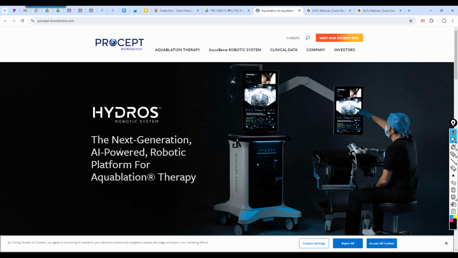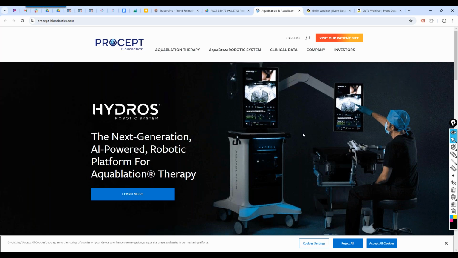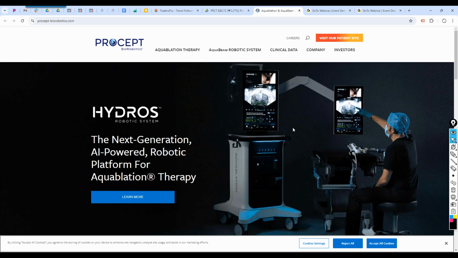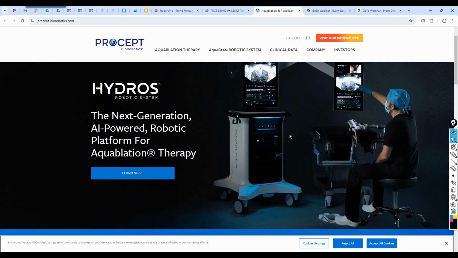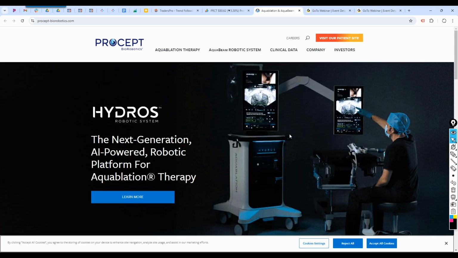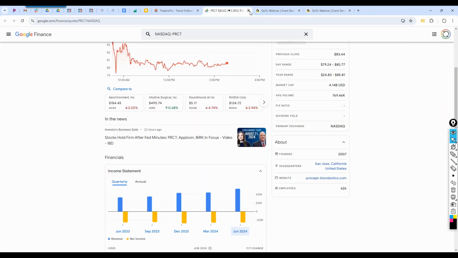Well, these guys are creating next generation AI powered robotic platforms for hospitals, for ultrasounds and different things like that. I'm fascinated by that. I love the brilliance of companies, and some of these amazing companies and people that are out there inventing really cool things and doing really cool things in our world. And how can we participate in that? And are there ways and opportunities to be able to understand that a little bit more?